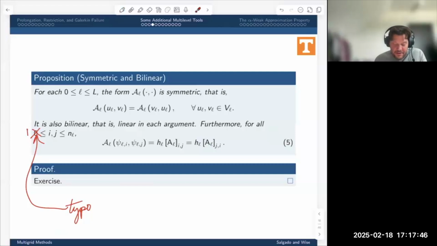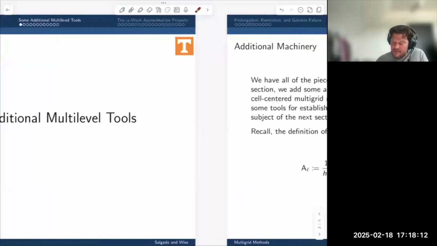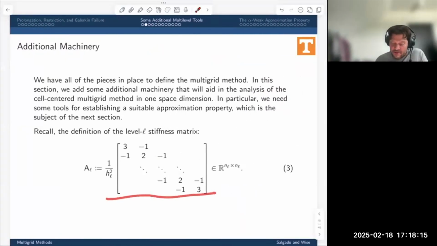For all coordinates i and j between 1 and N_l, a_l of the ith basis function against the jth basis function is exactly equal to the ij coordinate, that is the element in the ith row and jth column of the stiffness matrix from 3. The stiffness matrix from 3 is just here. So it's either going to be a 3, a 2, or a -1, according to what i and j are, or it could be 0 as well,